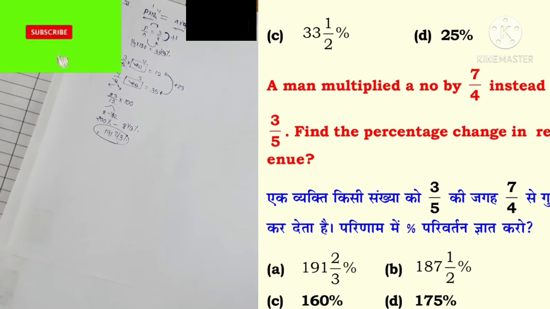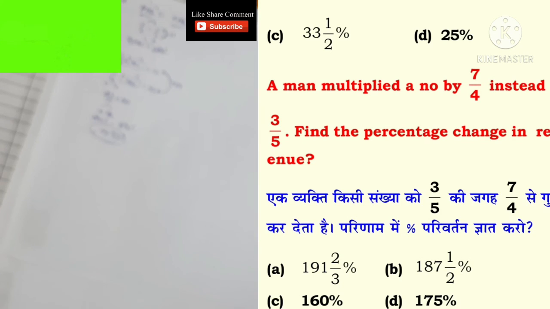ABCD purchased a car for 56 lakhs. The share of B plus C plus D is 460 percentage of A. And the share of A plus C plus D is 366.666 and so on percentage of B. And the share of C is 40 percentage of A plus B plus D. Then find the share of D.